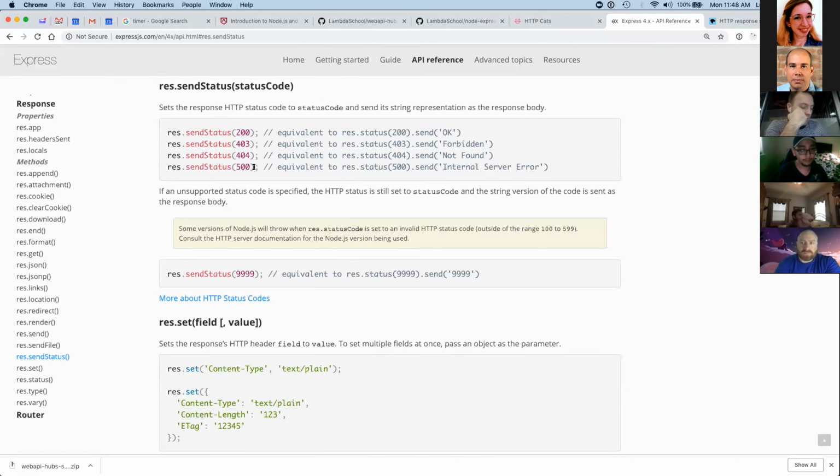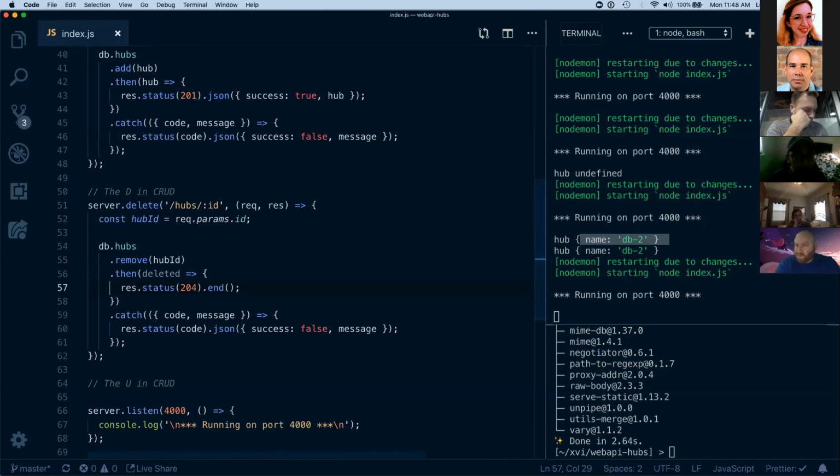So sending that, they say, is the same as you just saying status 500 and then sending the actual code name, the description of the code. That's what it looks like it's doing. All right, so here,